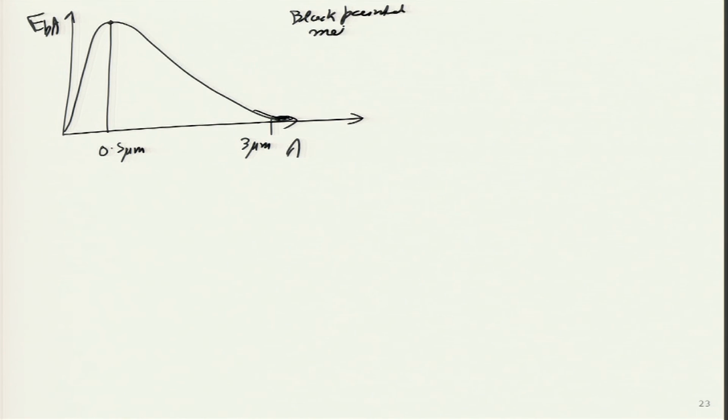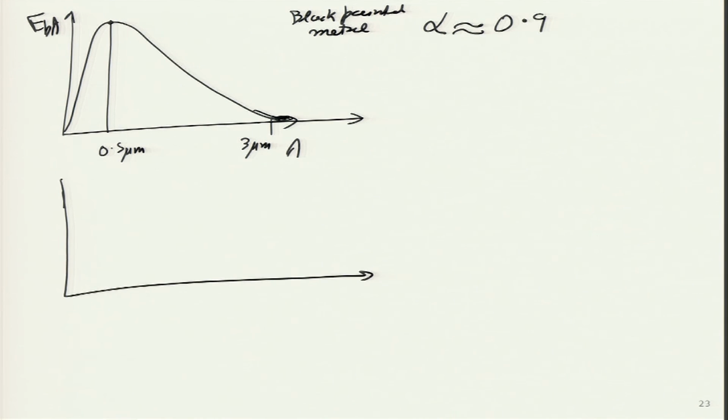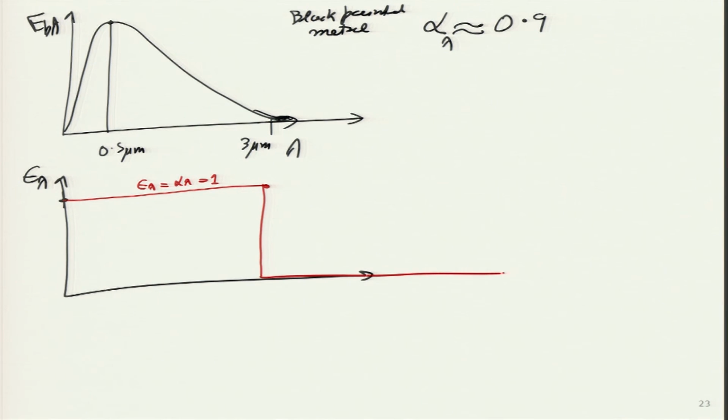So, with that kind of black painted metal, we want its absorptivity to be very, very high, because only then will all the radiation from the sun be absorbed. In other words, the spectral absorptivity that we are looking at in this zone, if I draw the emissivity value, I want absorptivity or emissivity to be almost equal to 1 in the solar spectrum, and after that I want it to be 0 throughout.